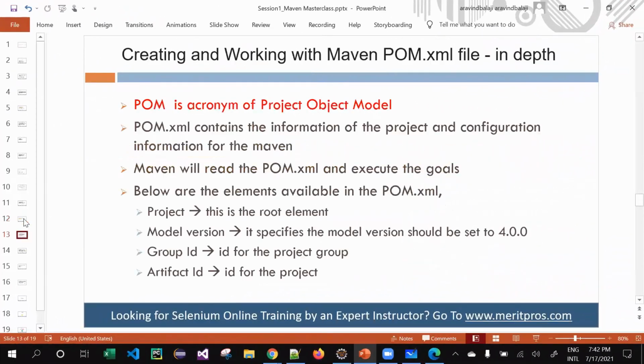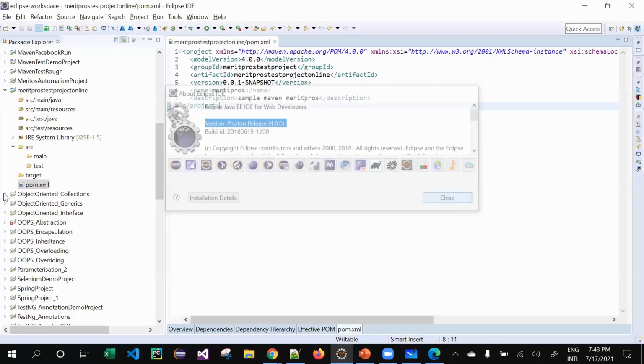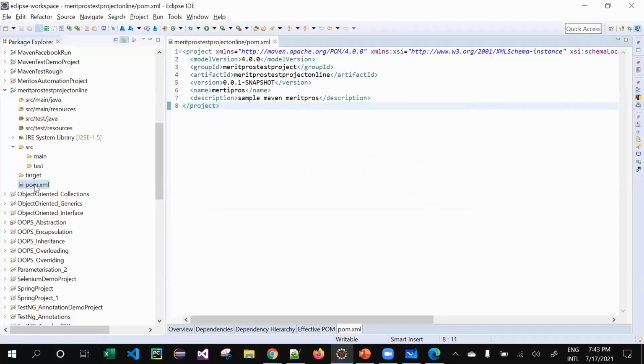We are going to see the next big thing, the master of Maven. This is going to be the God of Maven. We call it a POM. So what is basically a POM? POM is the acronym of Project Object Model. So anybody asks what is the abbreviation or acronym of POM, just hit them with Project Object Model. And once we go to the project, we can identify it over here, the first one that we saw. This is going to be the pom.xml.